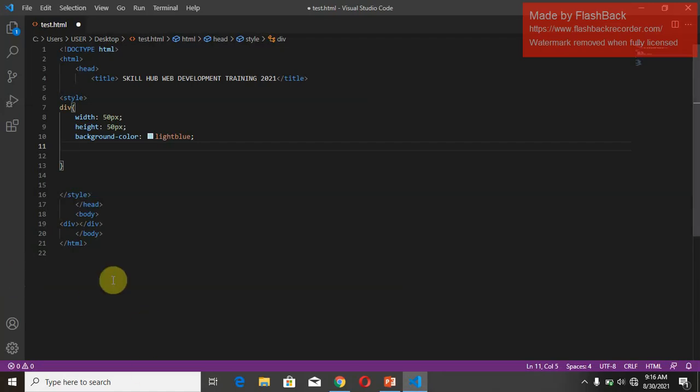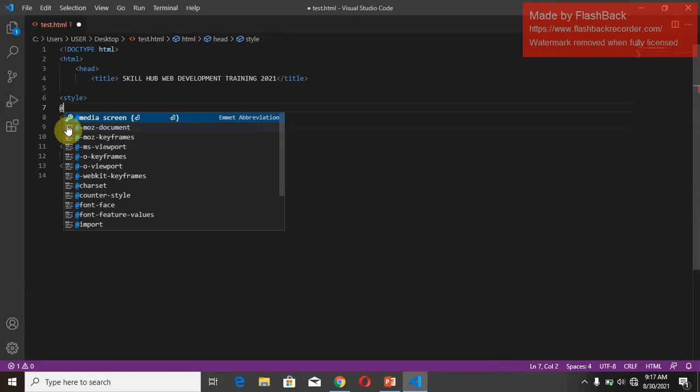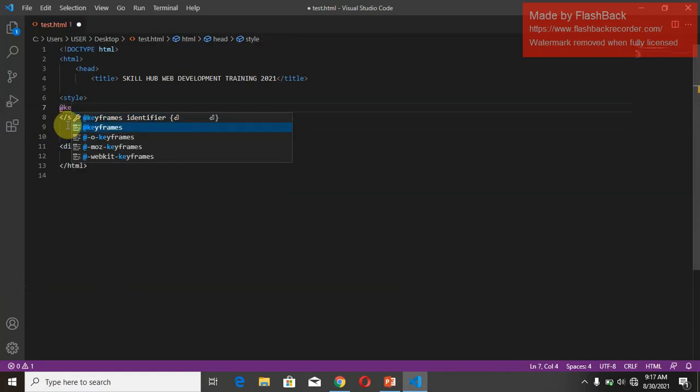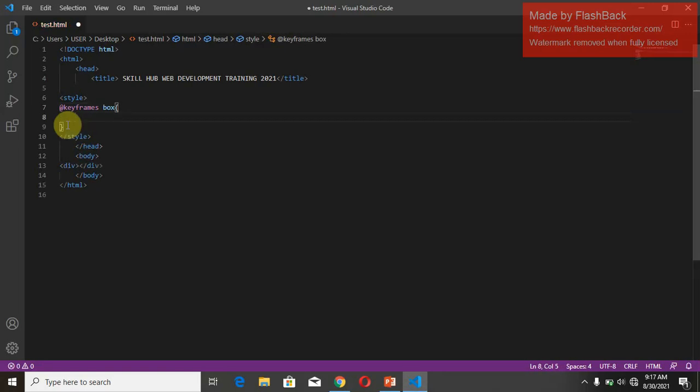So we have a div already. I'm going to take away all of that. So the first thing we are going to introduce is what we call the keyframes. Okay, the keyframes. So I'm going to start by saying the keyframes box. Then I'm going to say from 0 degree,